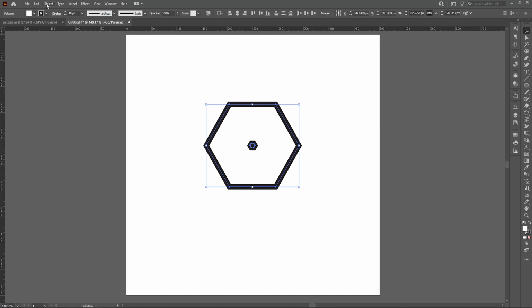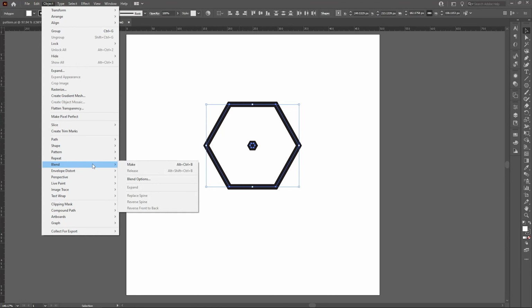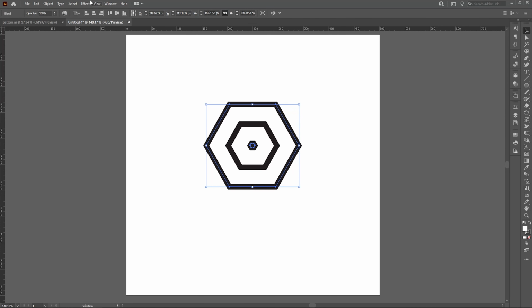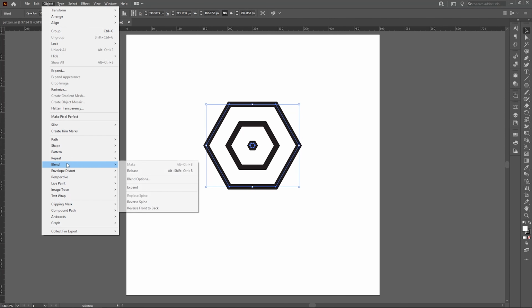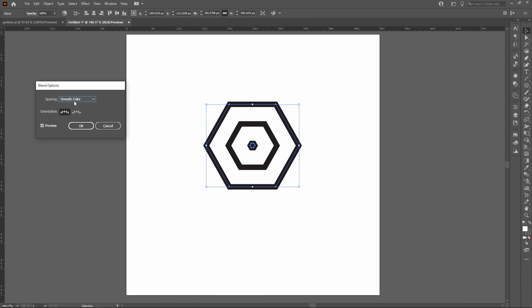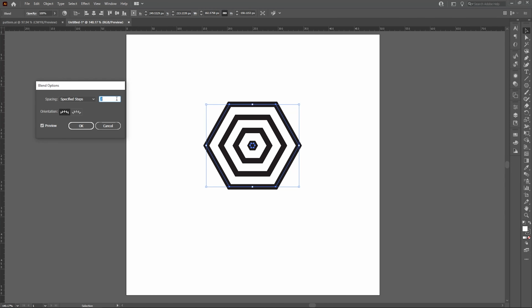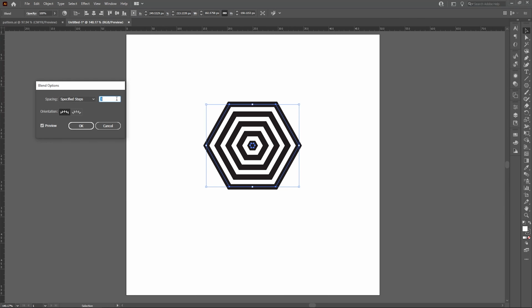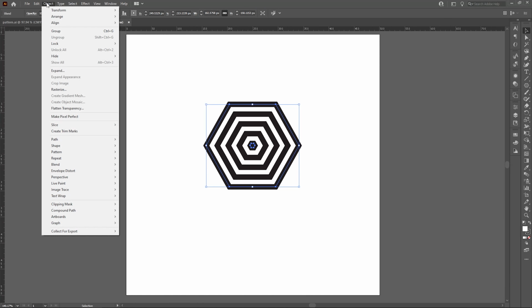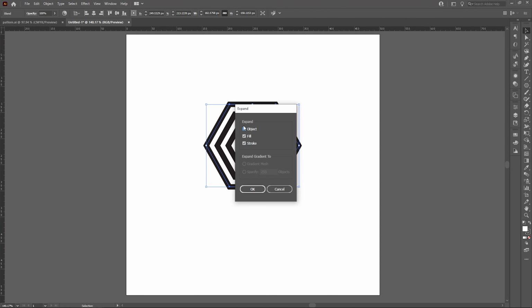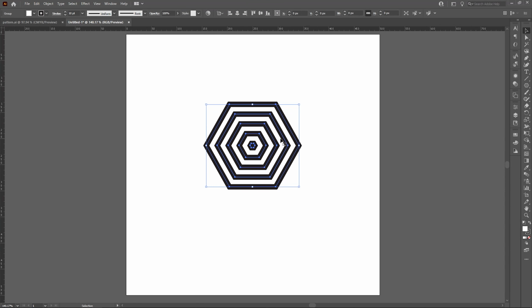Now select both, go to Object, Blend, Make. Let's increase its steps. So blend option, go to specified steps and increase its steps by three steps. Yep, that's gonna be fine. And again, let's select this, go to Object and expand. Do check that all three checkboxes are checked, and hit OK. Now click ungroup